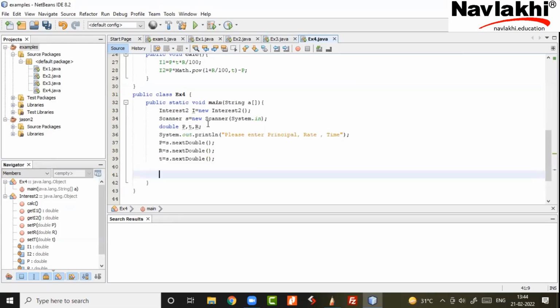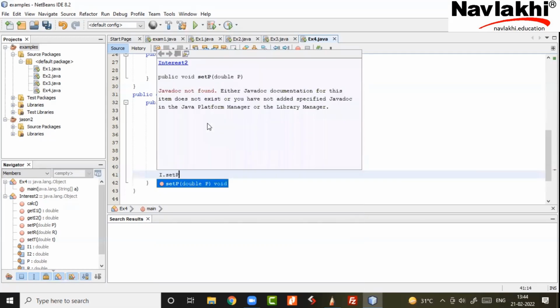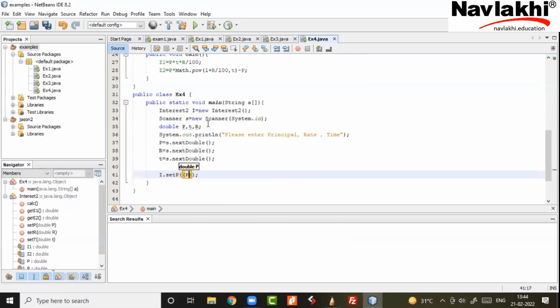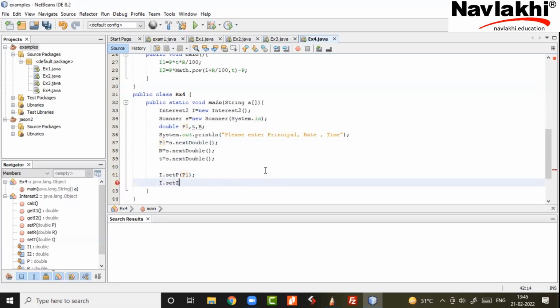Okay, so now see what I'm going to do. I call the set P function and give my P as an argument. My P means the input one. If I have called this P1, it will go there, just for your knowledge. Correct. Same way, set T, the order of the one matters. Set T. What difference does it make in setting? Okay, what was the name of that? Set capital T.